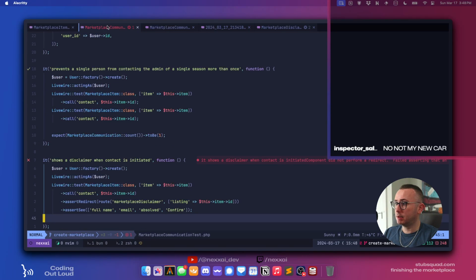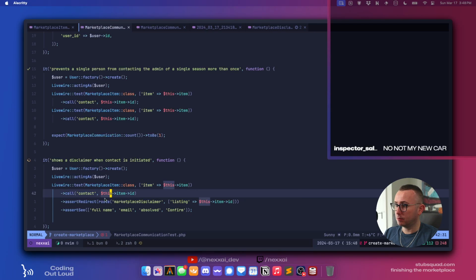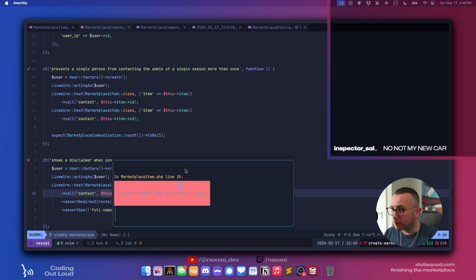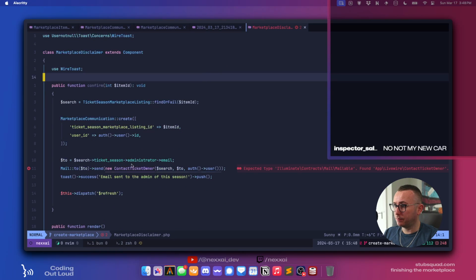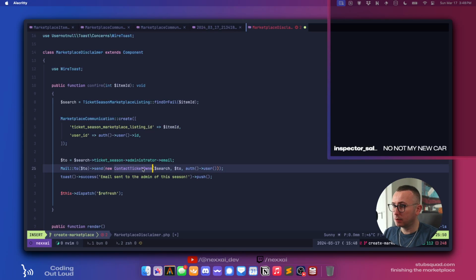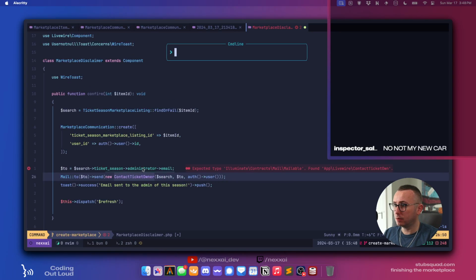So this test should now mostly pass when function must not return a value. Okay, so what are we returning there? This needs to be imported as well. Owner, yep.